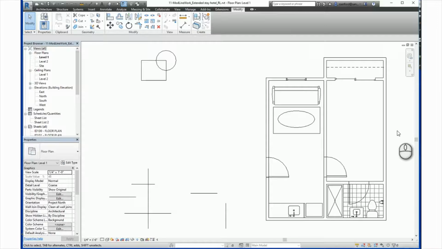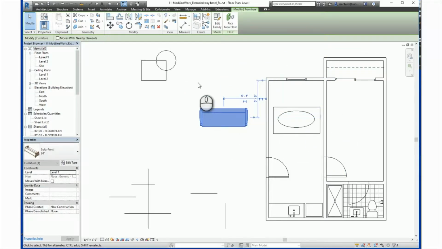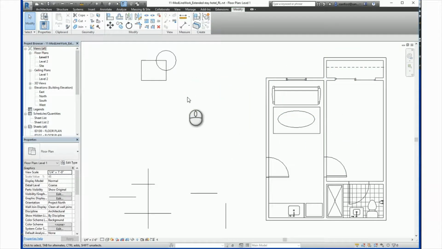The first tool we're going to look at is moving. Moving involves taking selected line work or other objects to a new location in a view. Most elements can be moved by selecting and dragging them from place to place. So if I press and drag on this couch, I can move this in any direction freely as I want. I'll hit Ctrl Z. What the Move tool does is it enables precise placement of elements and also provides options